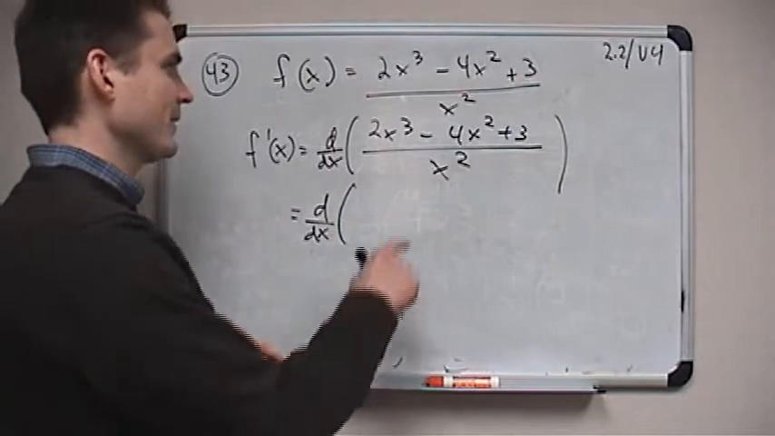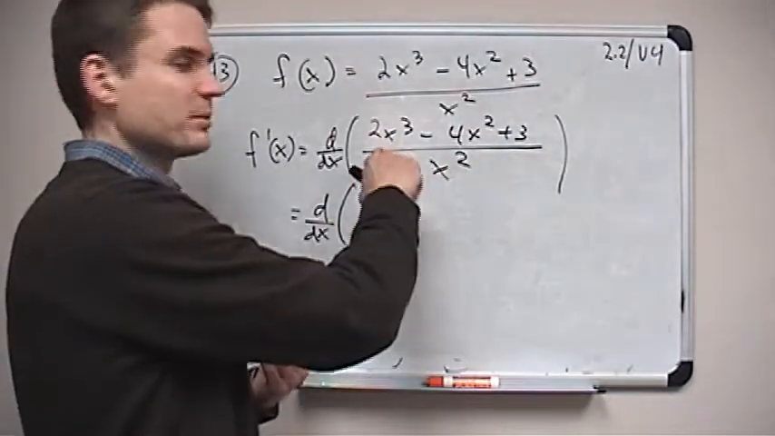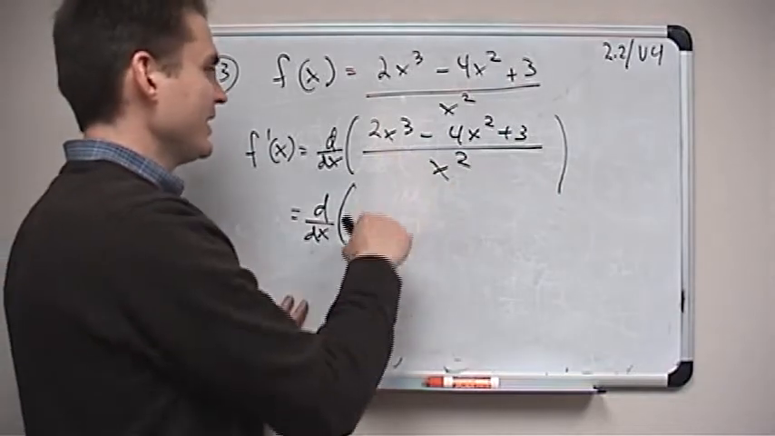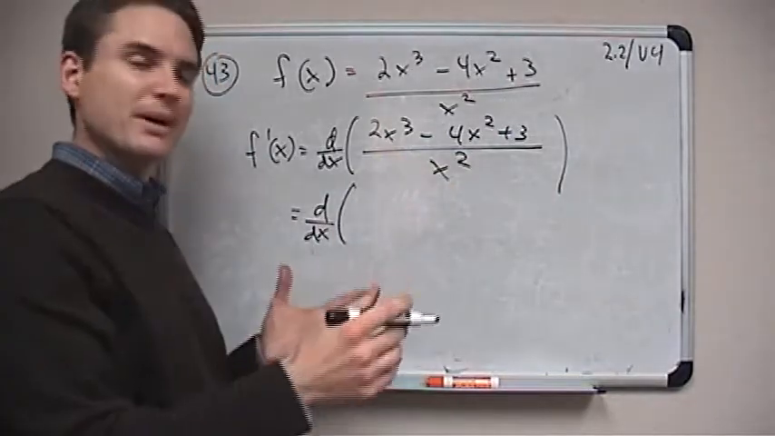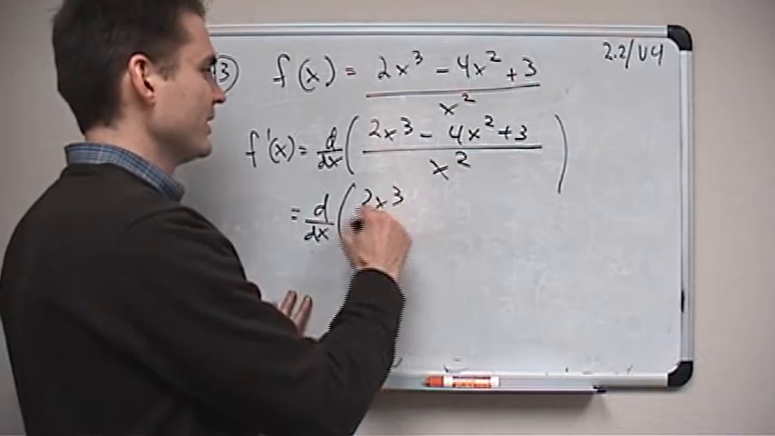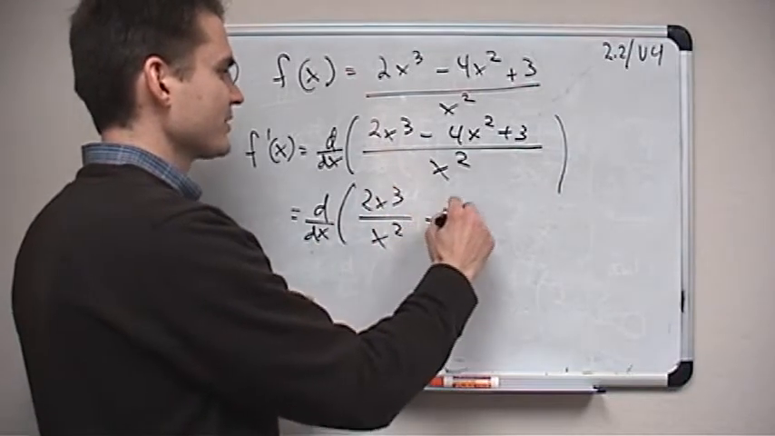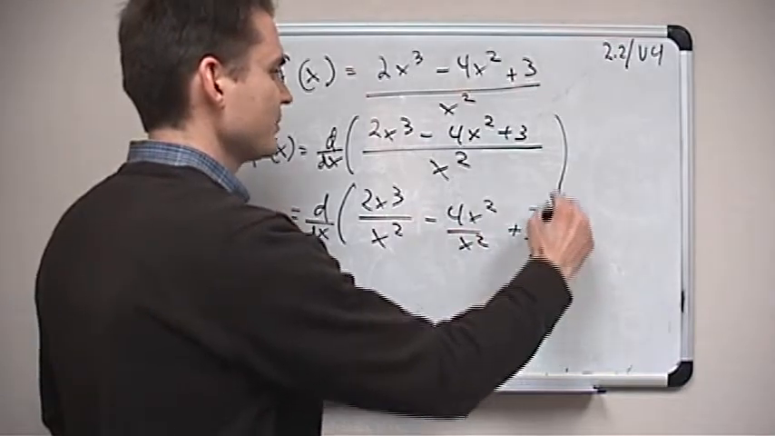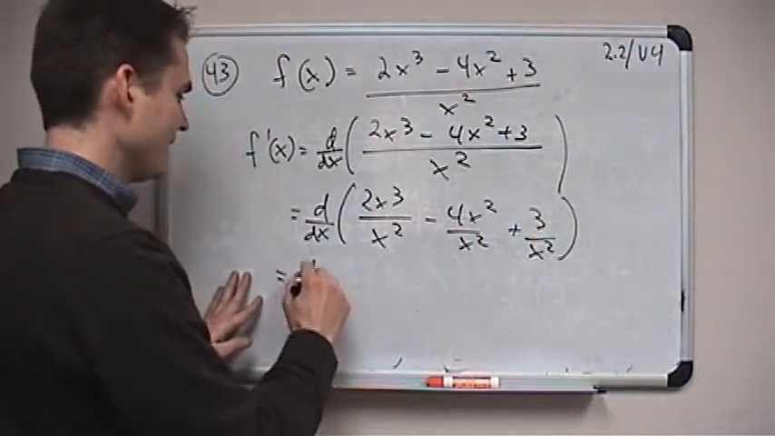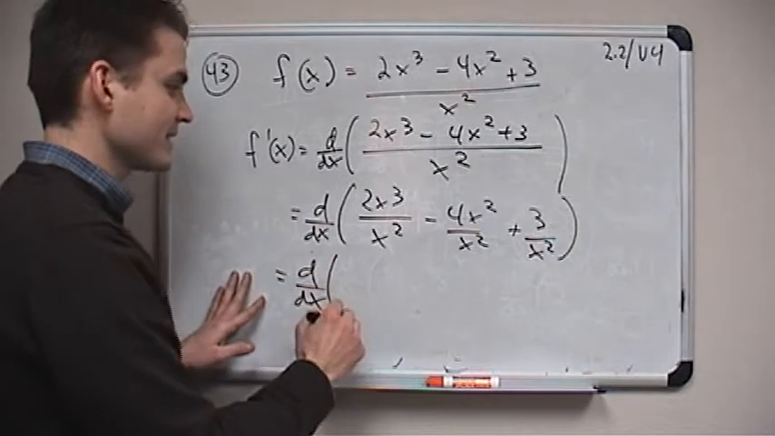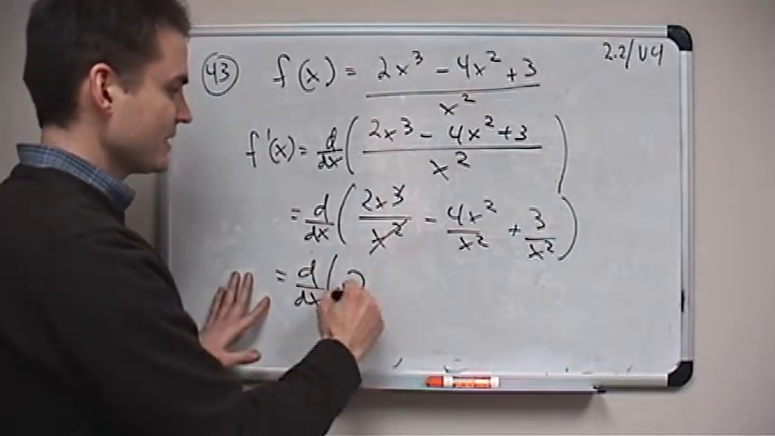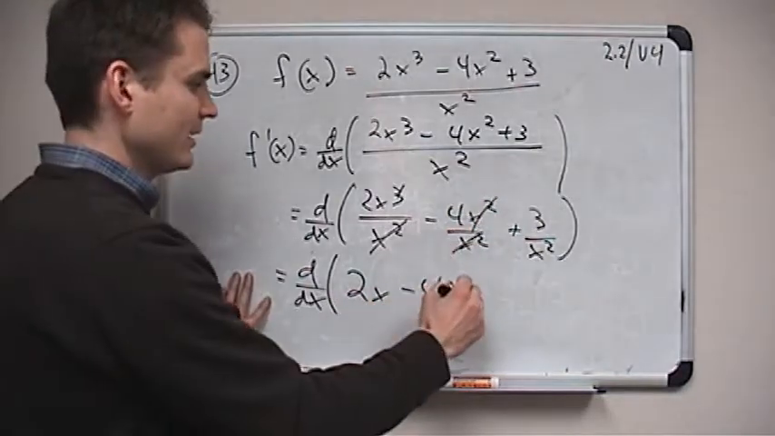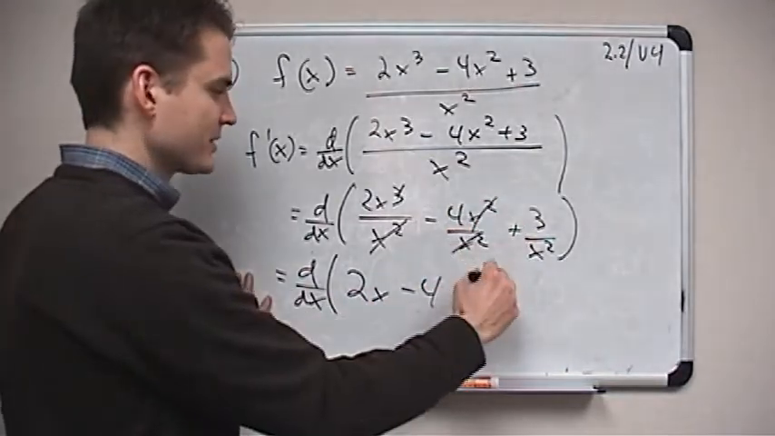just one term. Okay, so what I have here is a few terms in the numerator added and subtracted together all over one denominator. So the first step to getting this is to rewrite it. I can write this as 2x cubed over x squared minus 4x squared over x squared plus 3 over x squared. Okay, when I do that, you can see that some things cancel. Here I just end up with 2x, minus 4 plus 3 over x squared, which is 3x to